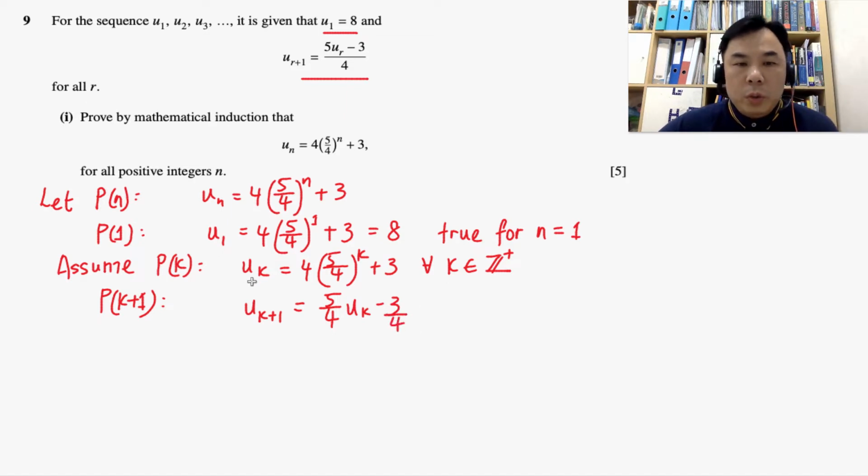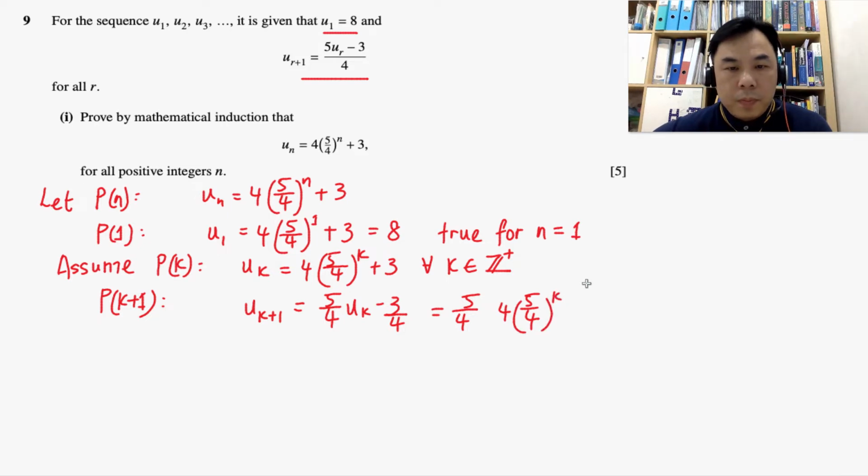Alright, and then we know that if we make the assumption uk is true, we can substitute it here, and that would give me the expression. And then from here we can actually simplify that. Alright, now shouldn't be a problem. We will be able to obtain